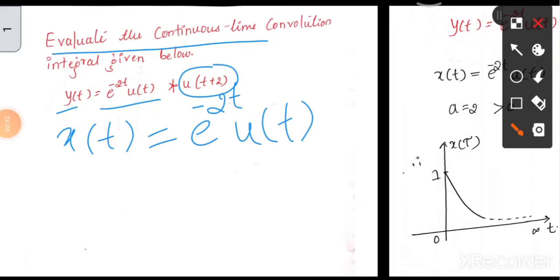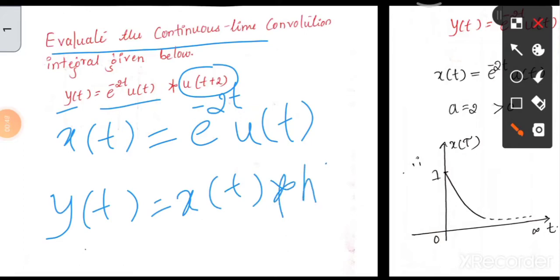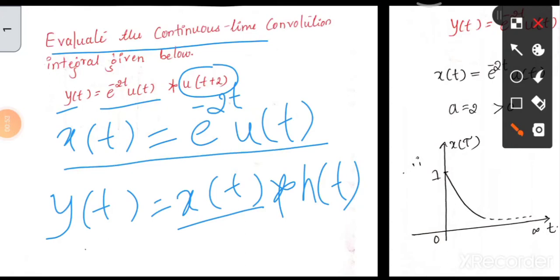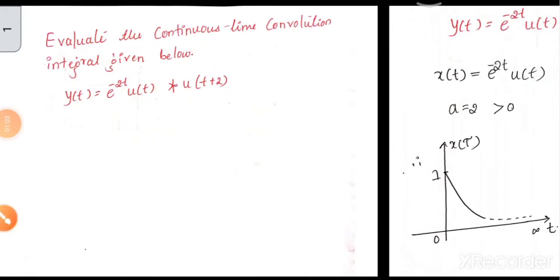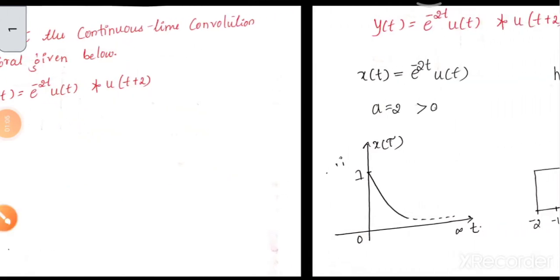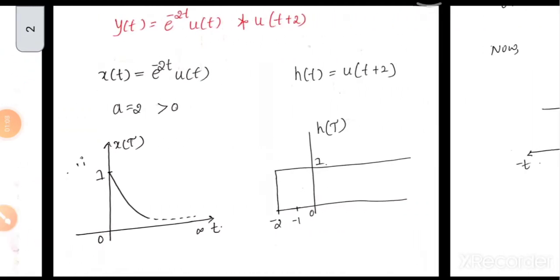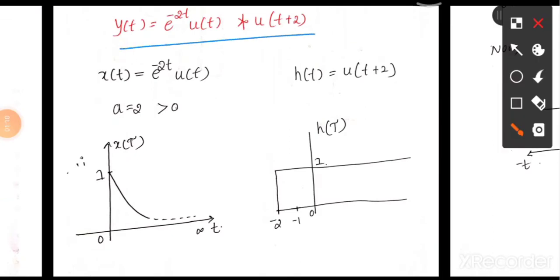So this is convolution, because the formula we know is y of t equal to x of t convolution h of t. So x of t is e raised to minus 2t u of t, and h of t is u of t plus 2. They are given in the form of equations. We are supposed to get them in the form of signals. Let's see that. So from this we can easily say x of t is e raised to